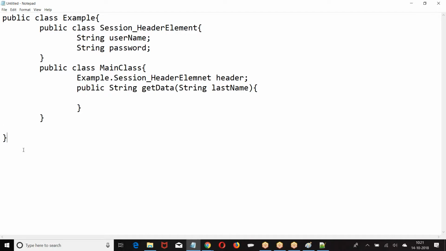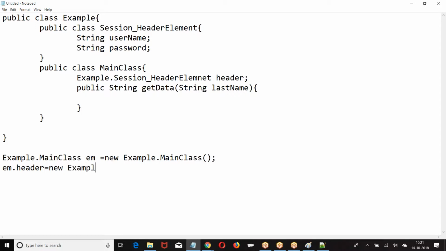Now tell me how you created this. Example dot main class. Em dot header equal to new example dot session header element.